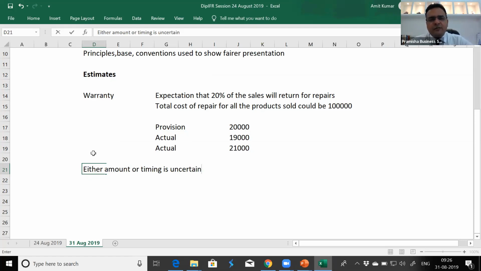We cannot base our accounting on actuals. And that's what we said, accrual basis of accounting. So we need to create estimates to give a fairer presentation, so that the financial statements give a true and fair picture. It is not accurate, it is not perfect, it is not calculated to the nearest penny, but it is still able to include all the material items which can be useful for the shareholders to use this information.